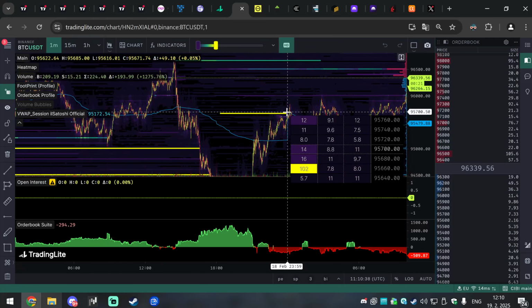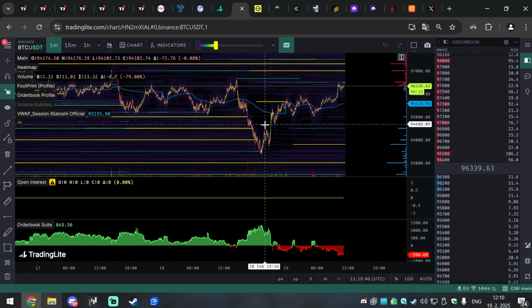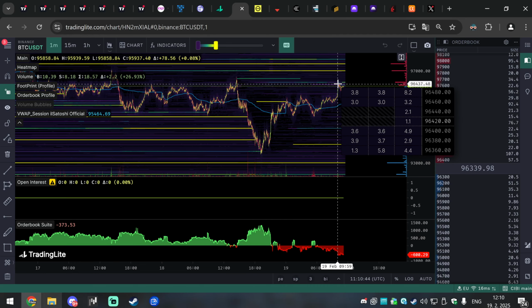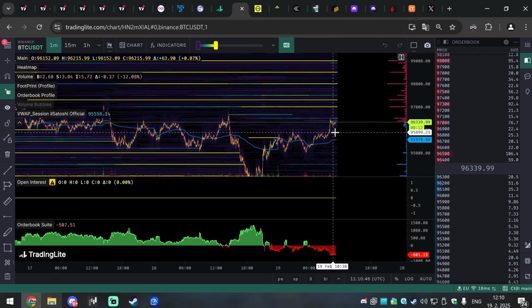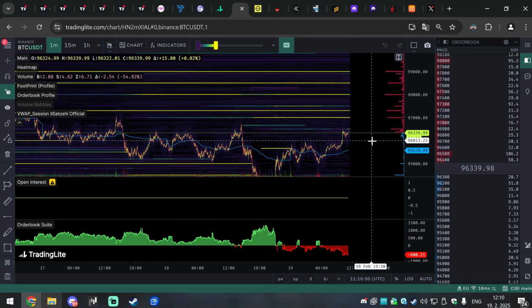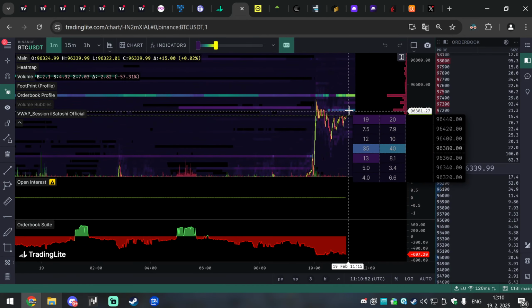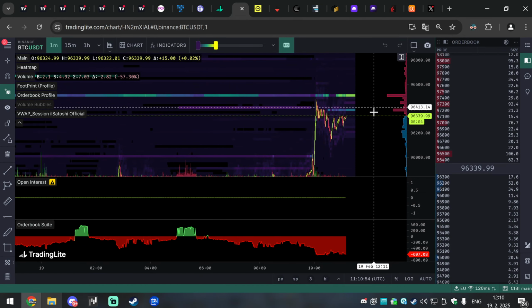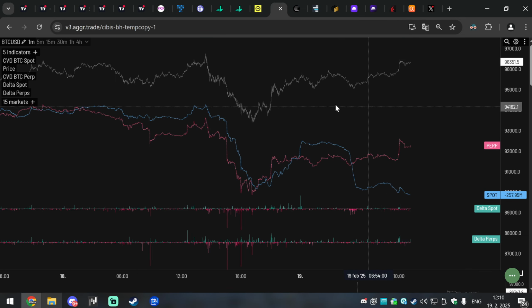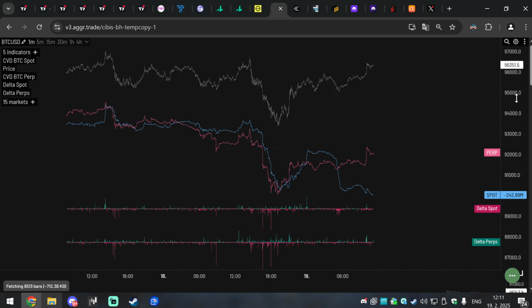This was a move over empty order books. This was the only main big spot wall. Binance is still the king. It was not hard for Bitcoin to move up to 96,400, but the main job for Bitcoin, the main challenge for Bitcoin, is starting right now. And you already see first spot walls, people already want to distribute some of their spot Bitcoin.